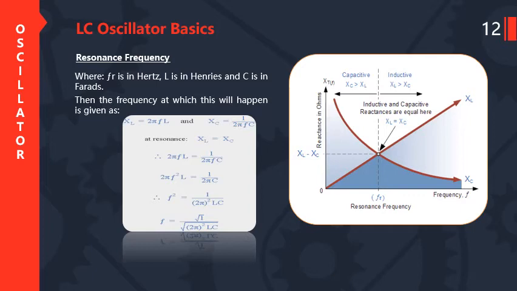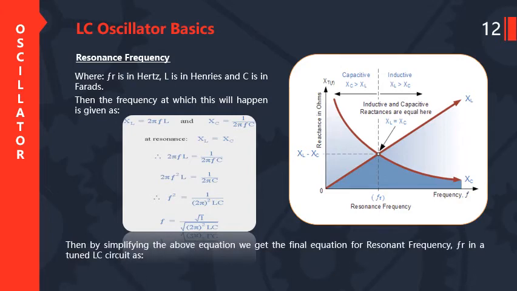So finally the resonance frequency F is equal to 1 upon under root 2 pi square into LC. So the final frequency F is equal to 1 upon 2 pi under root of LC. Then simplifying the above equation, we get the final equation of the resonance frequency Fr in the tuned LC circuit as